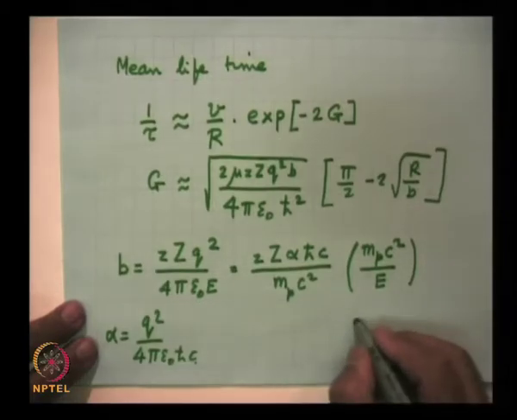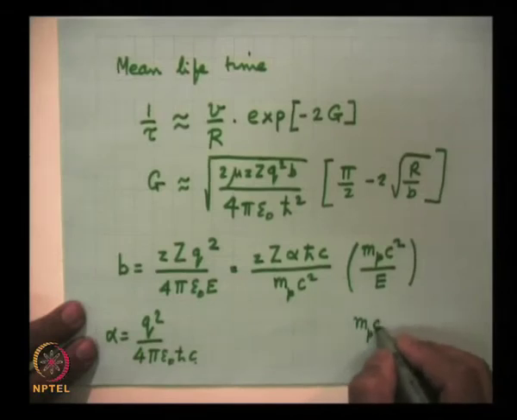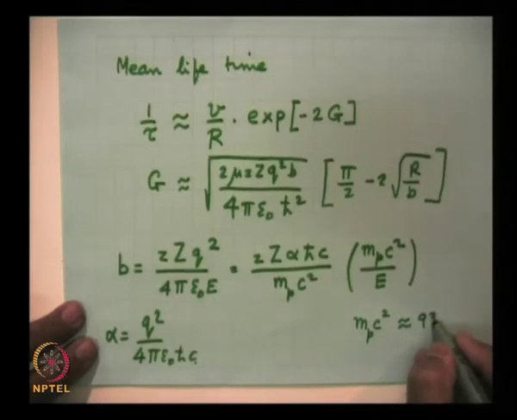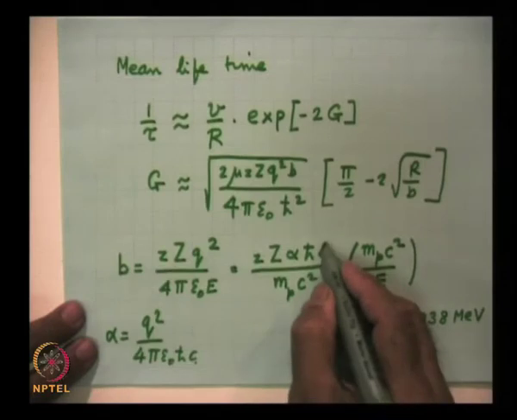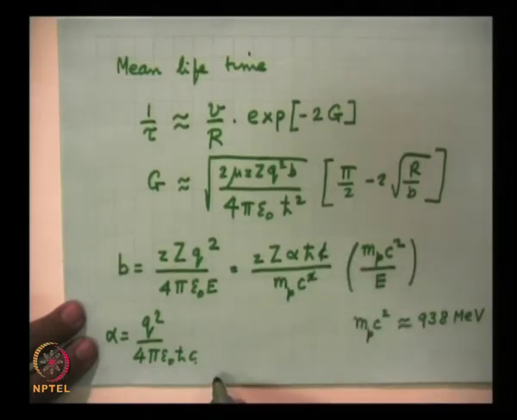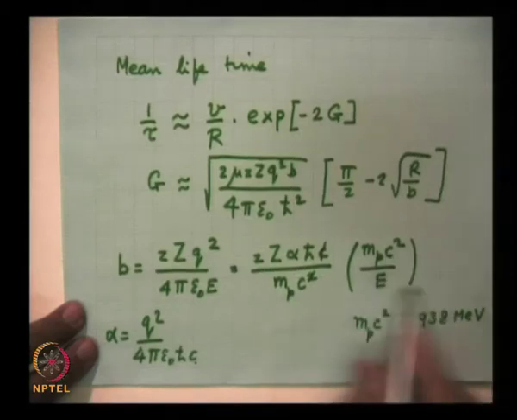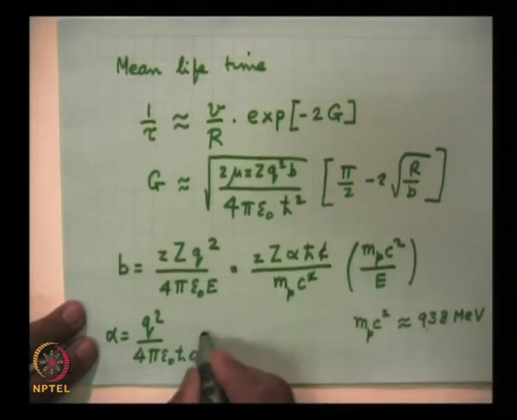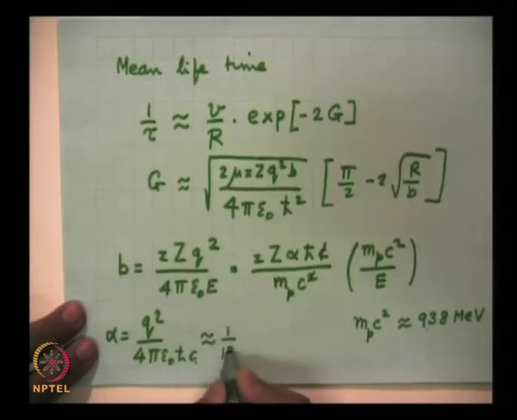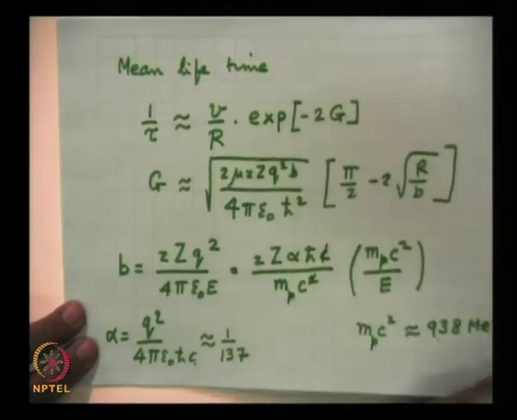We know that mp c square, the rest mass of the proton, is about 938 MeV. So, 1 c goes out from here. So, therefore, if I put mp c square equal to 938, and then alpha is equal to, as you know, 1 over 137, and then we use consistently this MKS system of units. So, in the MKS system of units,